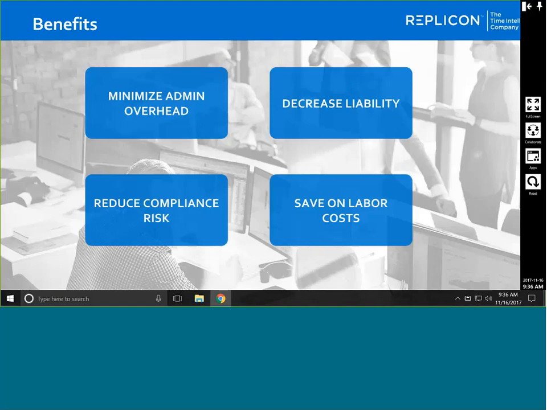So the first one is minimizing overhead. So all of this reduces the amount of manual time spent tracking and calculating time off. In fact, we've had reports from some of our customers, like Flight Center, where their reporting needs reduced by 50%, and they saved about 80 hours a month per accountant, which was pretty huge for them. People Trust is another example. They were able to cut admin overhead by 75% and increase reporting efficiency by 90%.